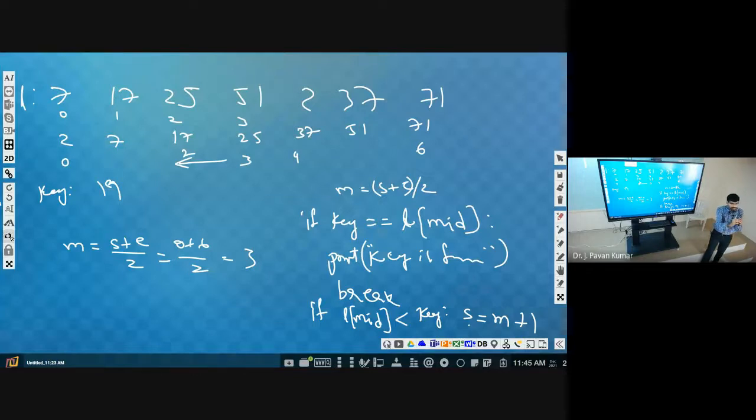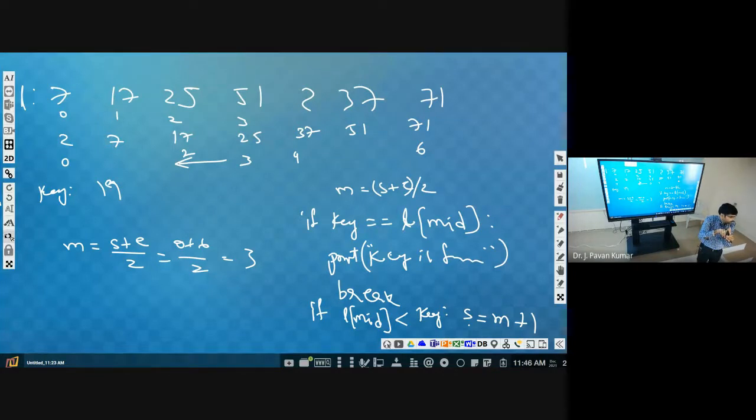Okay, automatically what will happen? It is like 0 to 99. We are reaching like this, 51 to 99. That is, start is coming towards the end. Next, 51 to 75, so end is coming towards the start. Next, 25 elements we are having now. 12 elements means either it will go like this or it will go like this. Next 6, that means either this should go or this should go. So 6 elements. Next 3, same procedure. Next, finally we are having start and end here at the same position. Now this is not equal to the required key.